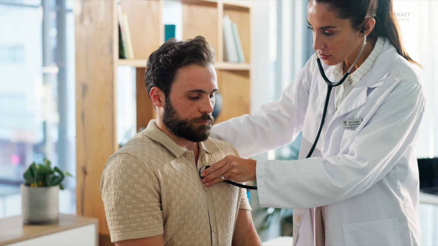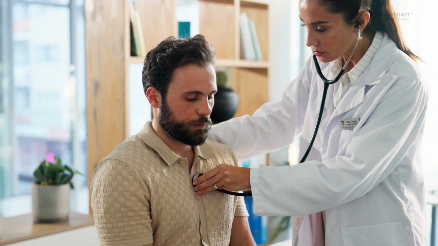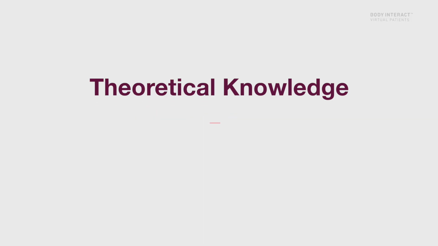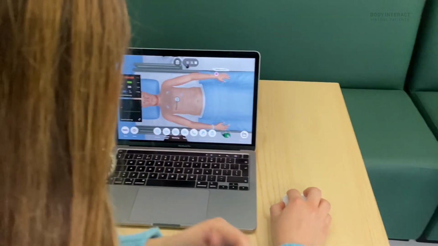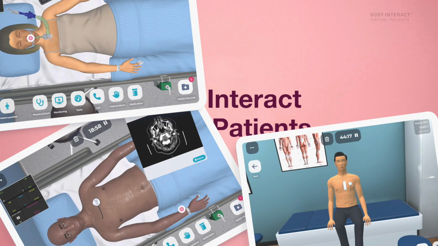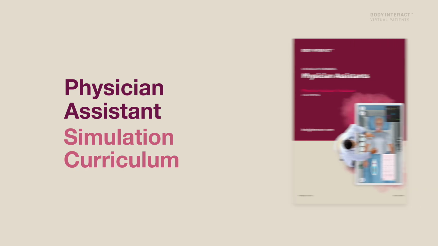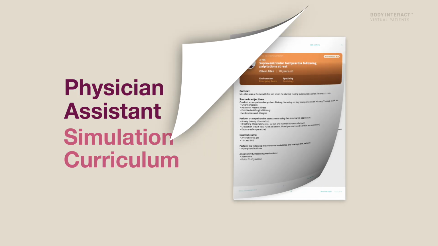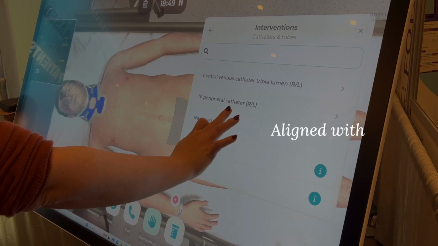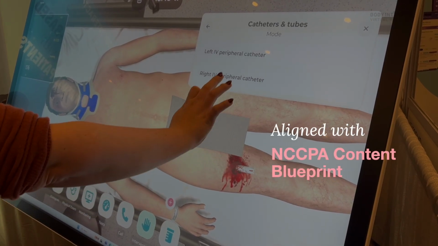Clinical reasoning is at the heart of physician-assistant education. It's where students connect theoretical knowledge with real patient care, learning to think, decide, and act like clinicians. And Body Interact Virtual Patients brings that learning to life. Our redesigned PA simulation curriculum, developed with a PA faculty, is fully aligned with the NCCPA Content Blueprint and supports